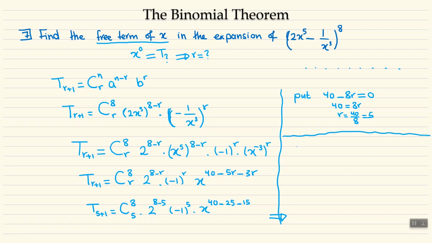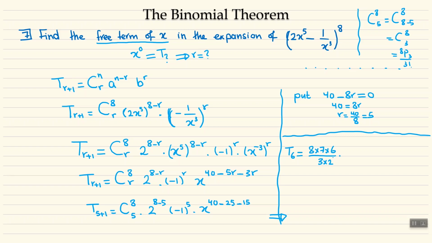So, the term that we are looking for is going to be T6. T(5+1) equals combination 8, 5, which is the same as combination 8 and 8 minus 5, which is combination 8, 3, which is 8 permutation 3 over 3 factorial, right? So combination 8, 5 is going to be 8 times 7 times 6, which is 8 permutation 3, over 3 factorial, 3 times 2,